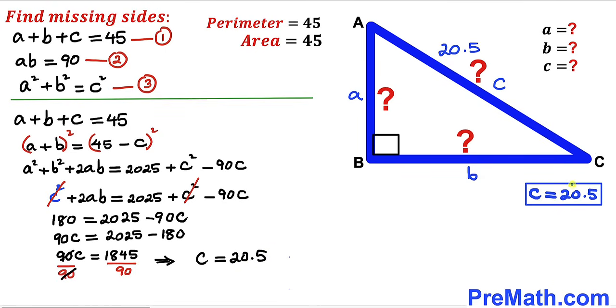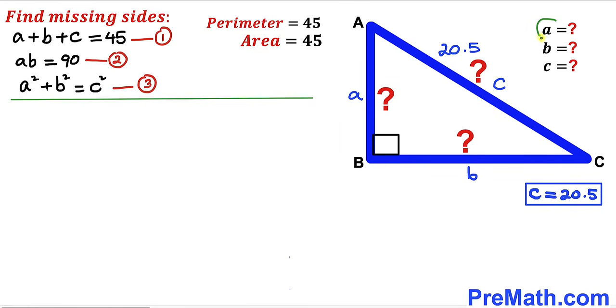So thus our C value turns out to be 20.5 units. And now we are going to find the value of A and B as well. Let's focus on this equation 1 once again. And here I have copied down equation 1. And we know our C value is